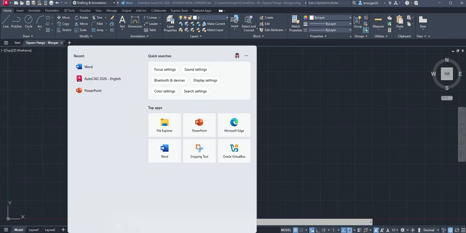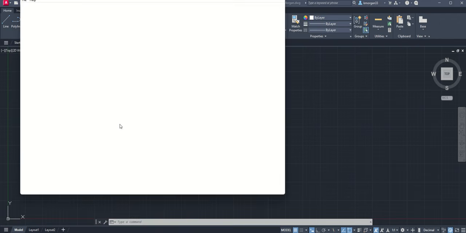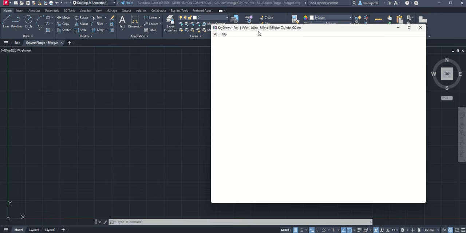Alright, and then I'm gonna just get a drawing app here, so I can write. It's kind of like a whiteboard. So your .dwt file name is now saved as